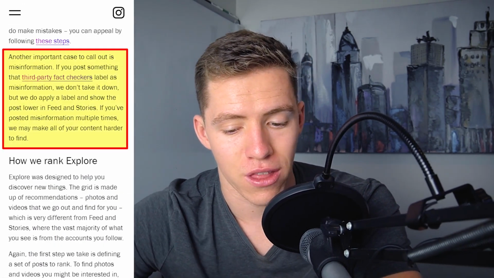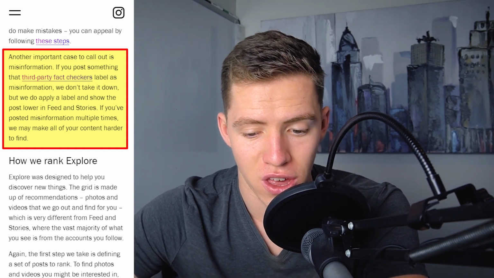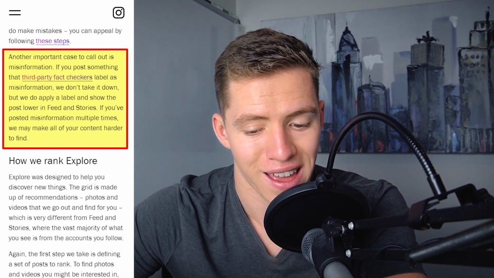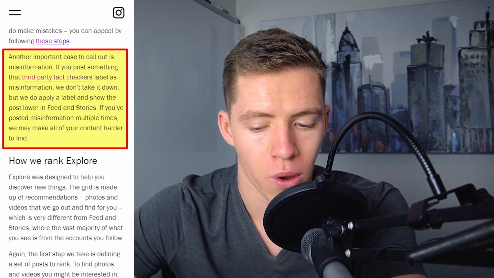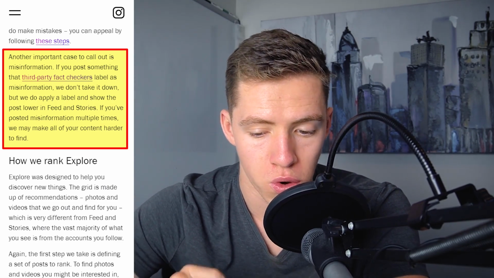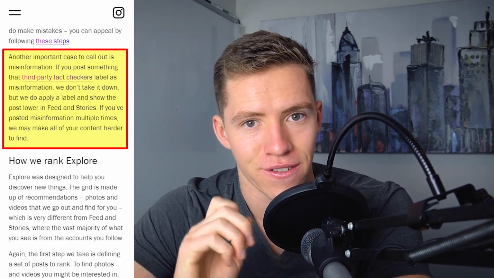They followed it up with this. Another important case to call out is misinformation. If you post something that third-party fact checkers label as misinformation, we don't take it down, but we do apply a label and show the post lower in feed and stories. If you've posted misinformation multiple times, we may make all of your content harder to find. So, read through the terms of service, don't break the terms of service, and don't post absolute waffle or things that could be deemed as